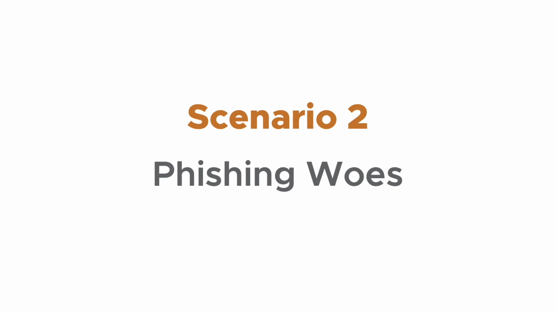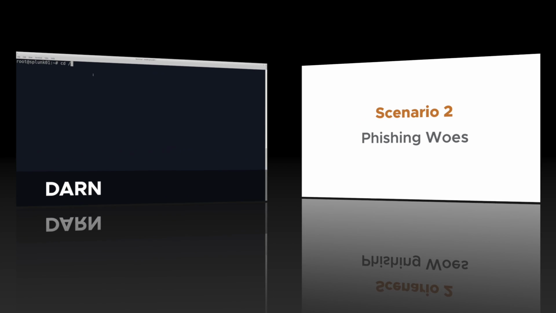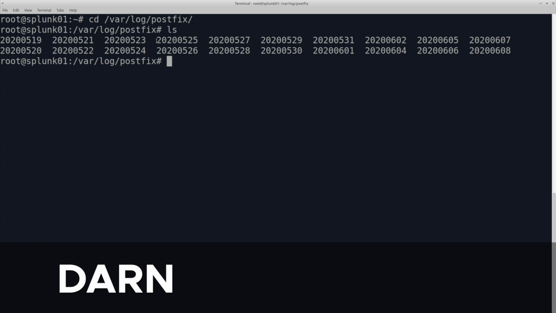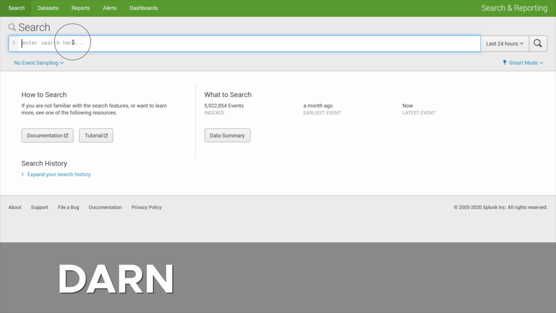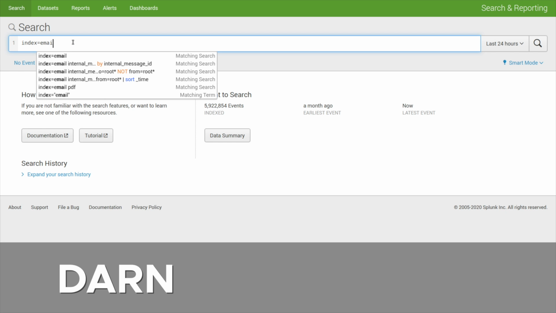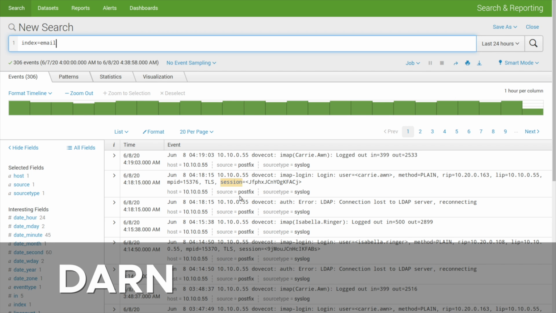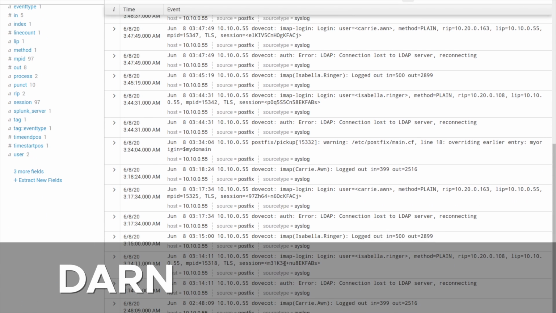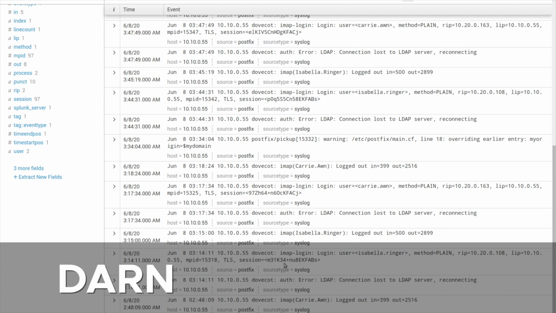In our next scenario, the cybersecurity team has been made aware of phishing attempts via cybersecurity communication channels, and they need to act quickly to investigate if their network has seen any activity. In the DARN environment, the cyber analyst investigation is slowed because they either have to rely on the email administrators to search the logs for them, or they can search the logs themselves if they have been provided access. If they find systems involved, they will need to search the event logs for each system to look for actual